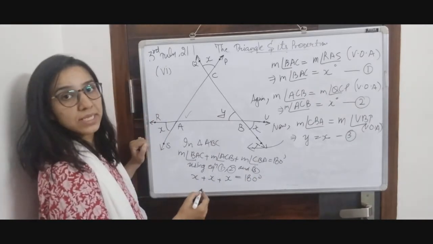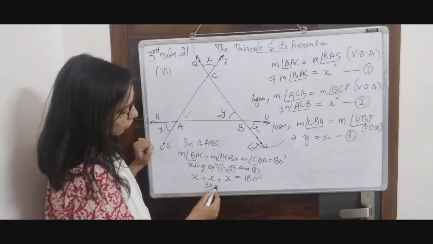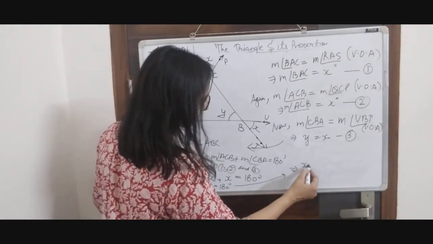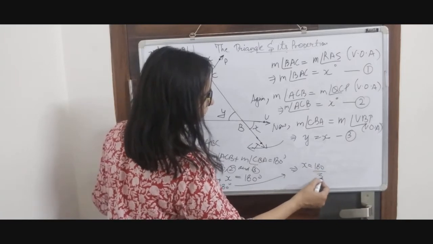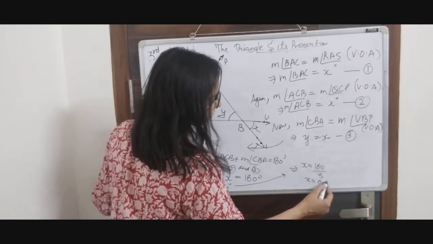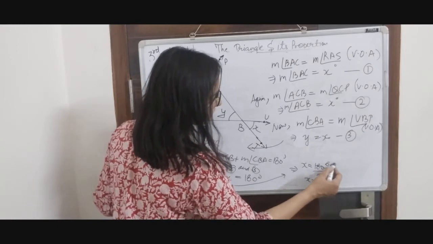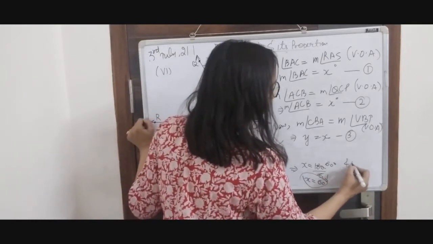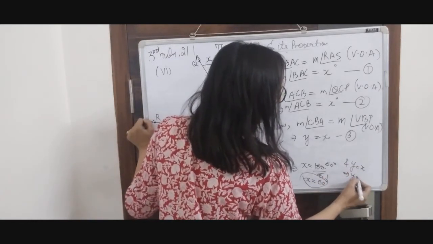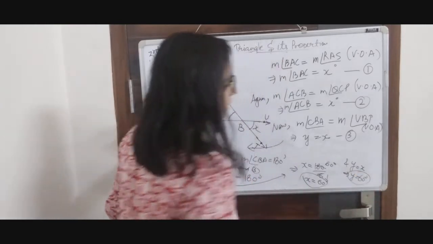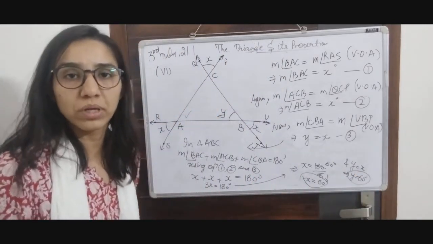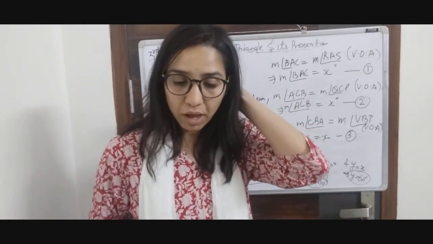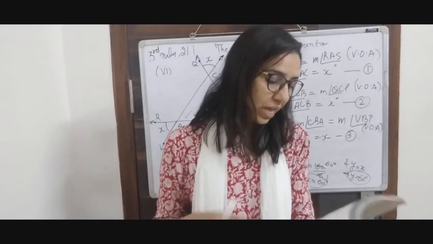Now x plus x plus x is going to be 3x. 3x is equal to 180. Implies your x is equal to 180 divided by 3. That is your x is equal to 60 degree. 3 sixes are 18, so 3 times 60 is 180 degree. So the value of x is 60 degree and y is equal to x, implies your y is also equal to 60 degree. So we have found out both the values. So with this we have completed our exercise.